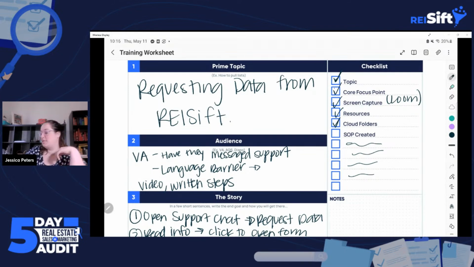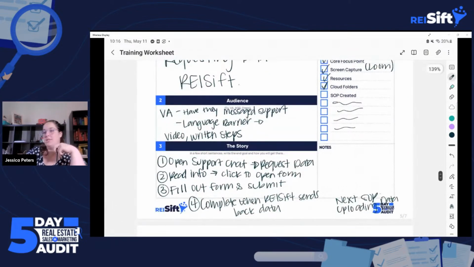Okay. So this is really just a breakdown to start thinking about what you want to include in an SOP and to have a checklist to go through. Eventually, you wouldn't maybe fill out this training worksheet for every single SOP. You'd know what you want to create, but these are important things to think about. Who is your audience? What do I need to think about when I'm gearing towards that audience? And then what steps need to be shown in this SOP?